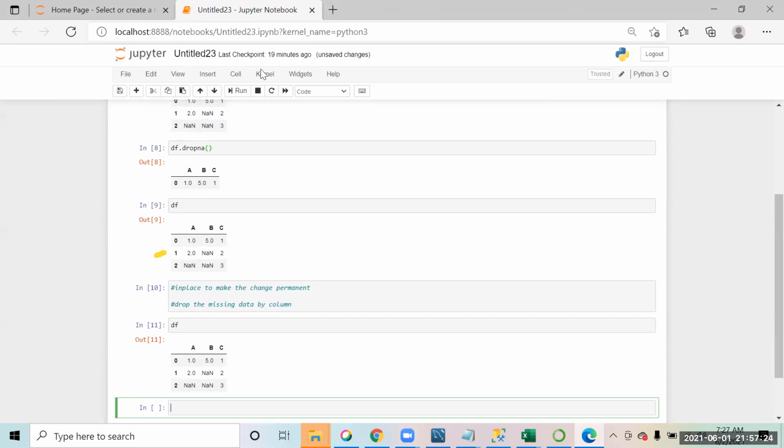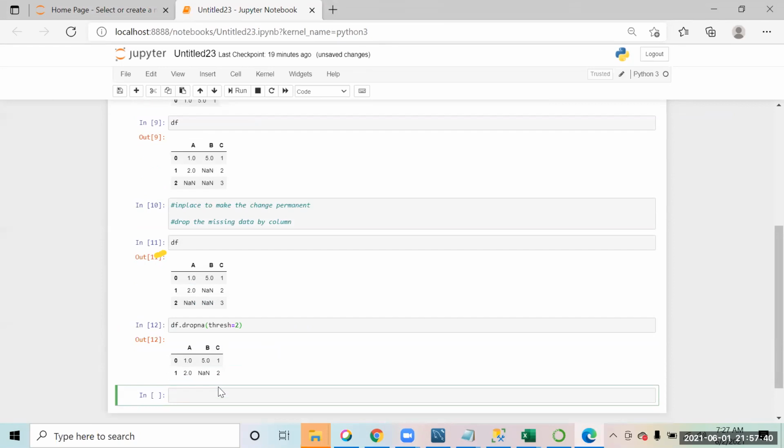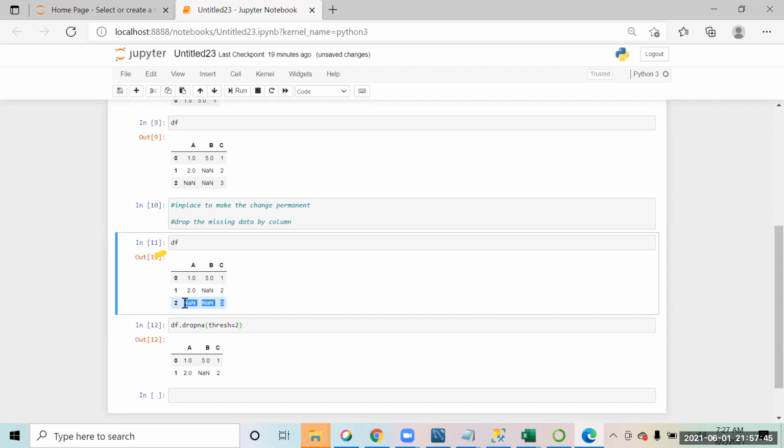While dropping this data, if I say df.dropna and set thresh equal to 2, it is going to delete only that row where you have at least a minimum of 2 null values. So it has not deleted this row now, right? So threshold is to define the minimum NaN values.